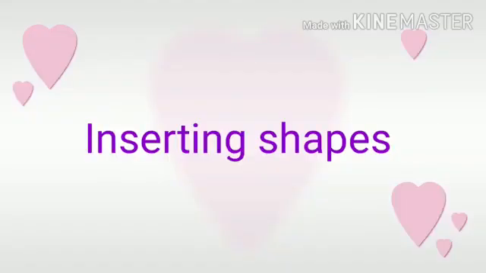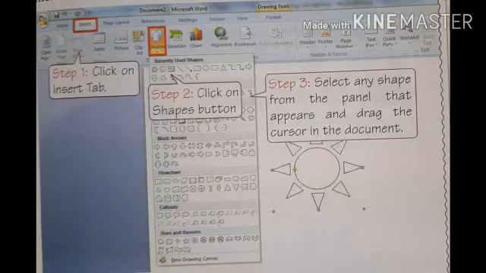How to insert a shape? To insert a shape, the steps are, first of all we'll click on the insert tab. When we click on the insert tab, the insert ribbon will be displayed. On it you see beside the clip art button there is a shape button. We'll click on the shape button. You can find there are different types of shapes there. Whichever shape we need for the document, we'll click on that shape and that particular shape will get inserted in our document. We can do that or we can drag the shape and bring it onto our document.